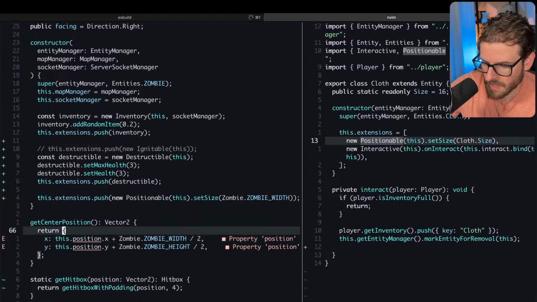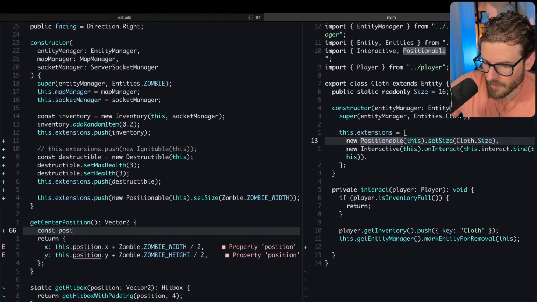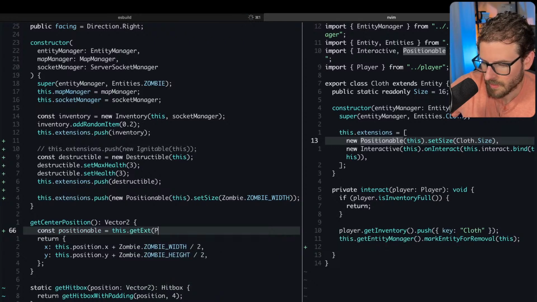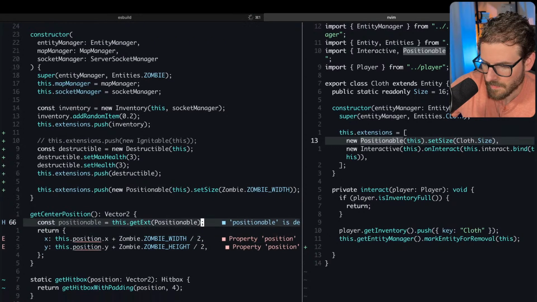Which means in order to get the position, we have to say positionable equals this get extension, positionable, and then I think I have to get those separately.